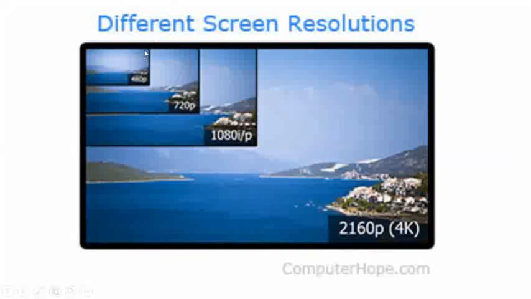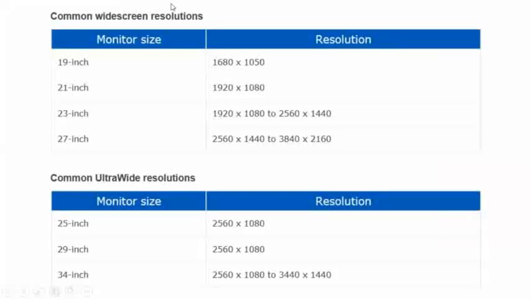Okay, as you can see, if you have a small TV screen, then its resolution is less. But if we have a large TV, then its screen resolution increases according to the size. And here you can see as the size increases, the resolution is also increasing, right?